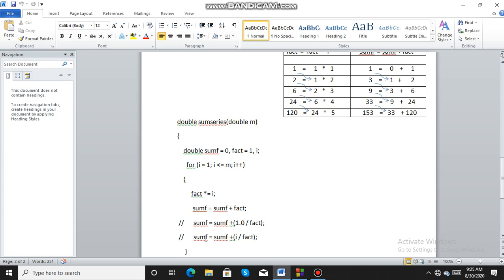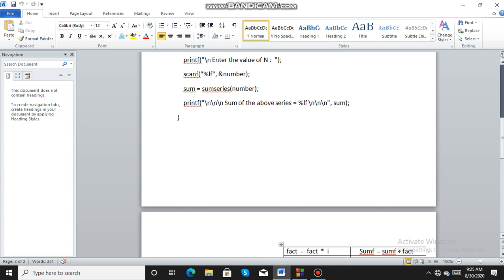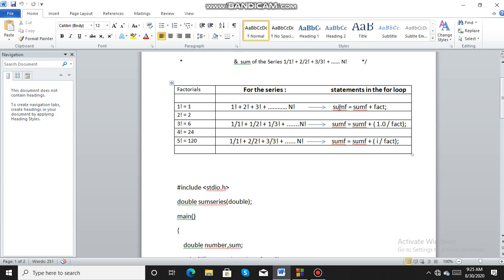For the third series, the numerator is also increasing, so I will use I upon fact. Sum f is equal to sum f plus I upon fact. So 1 upon factorial 1 plus 2 upon factorial 2, 3 upon factorial 3, 4 upon factorial 4, because I will also keep on increasing. So I will be using this statement for the third series. For the first series, I will be using the sum statement with sum f is equal to sum f plus fact.